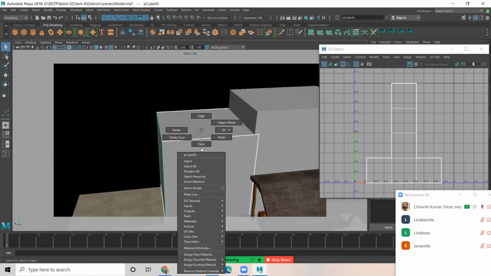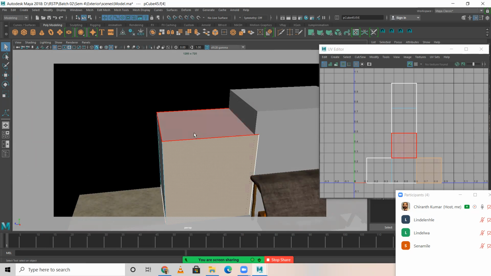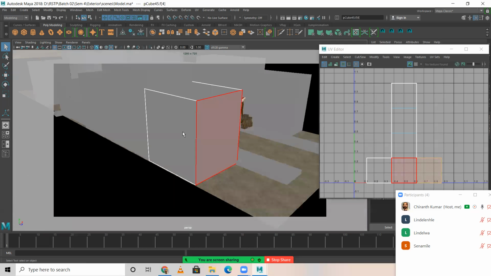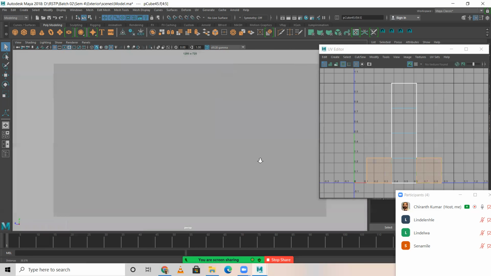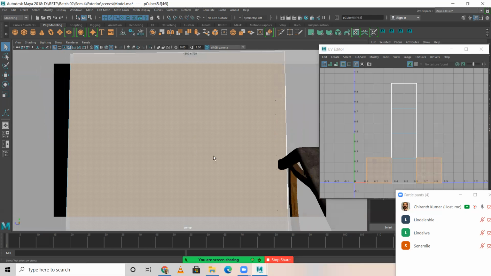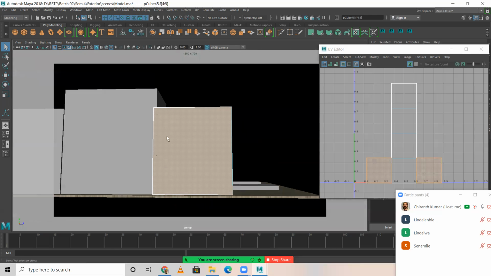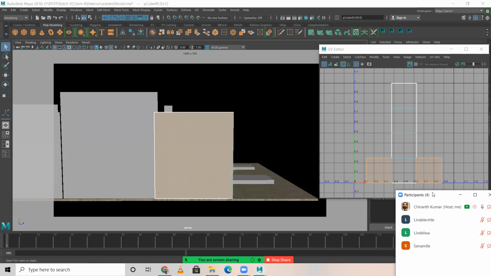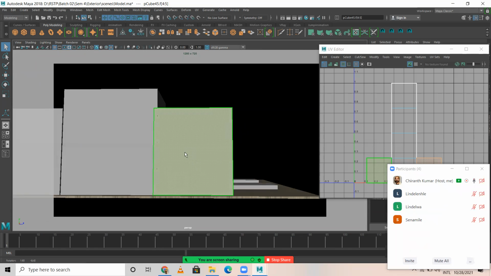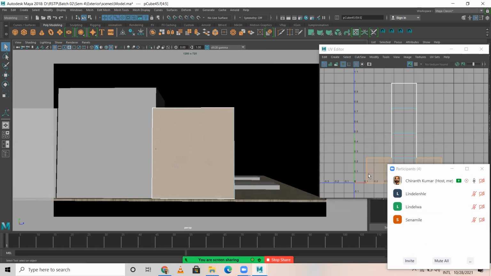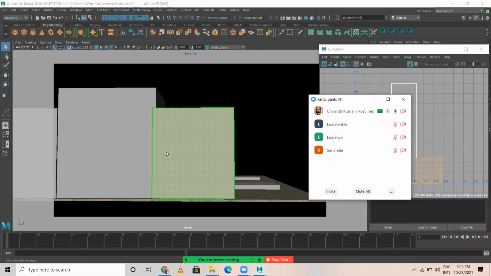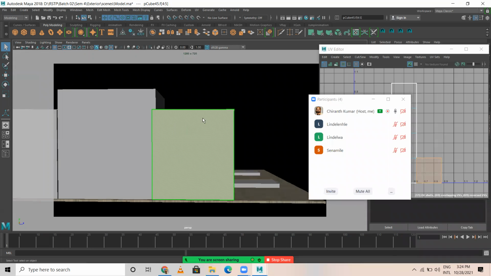So here, right click, select the face. Not only the model, the individual component also you can unwrap. I'm selecting only this face and this face. For example, in this view, you can see the entire face, right? So you should identify in which axis you are seeing. Can anyone tell me on which axis you are able to see this entire face?